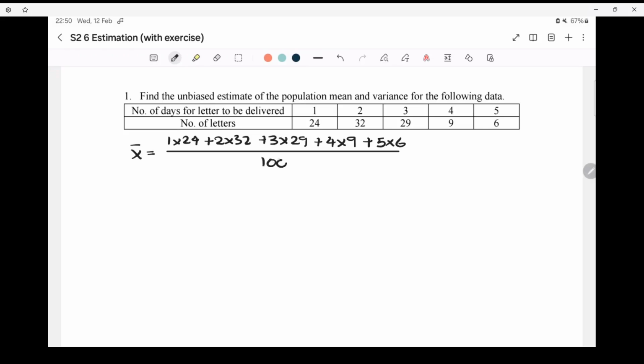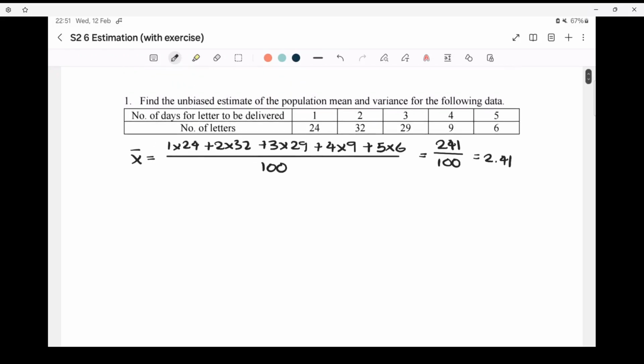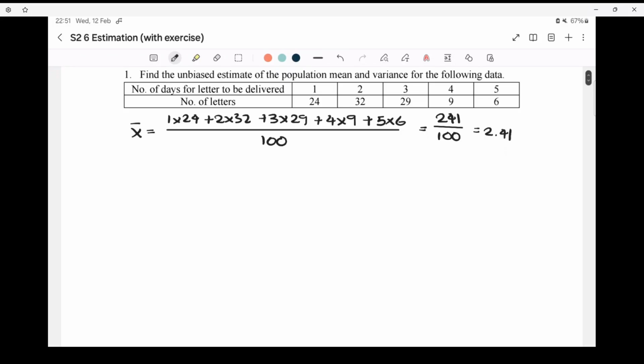So this will be equal to 241 divided by 100, which is 2.41. So I've done the calculation beforehand. I think as long as the numbers that I key in are correct, the answer should be correct. So that is your unbiased estimate of population mean. So what about your unbiased estimation of variance? So that would be your S squared. So according to the formula that we derived just now, you have 1 divided by n minus 1 multiplied with